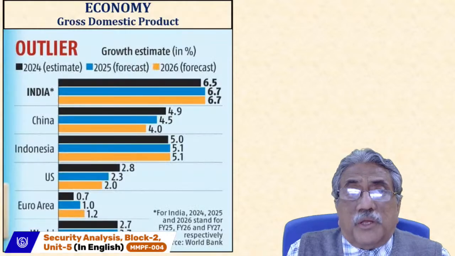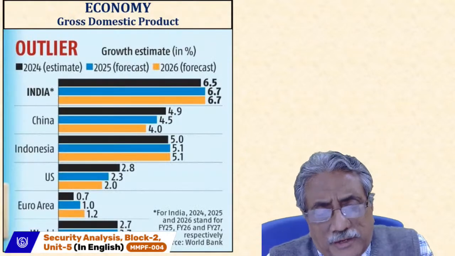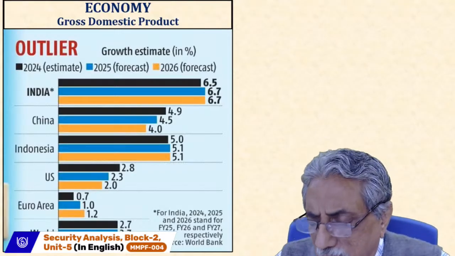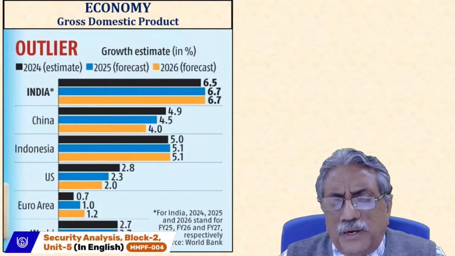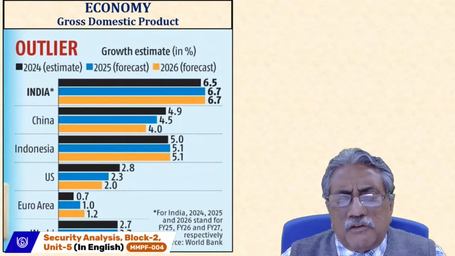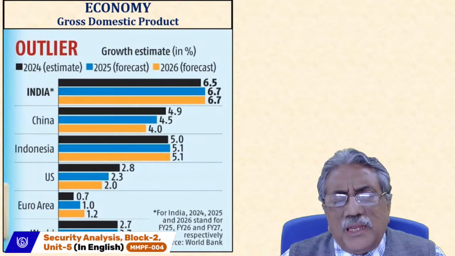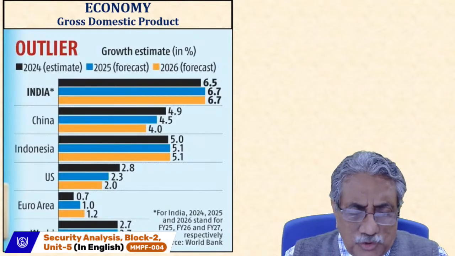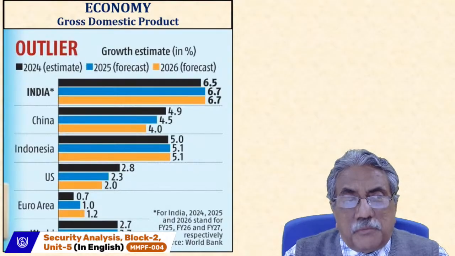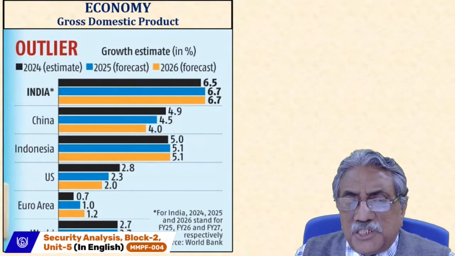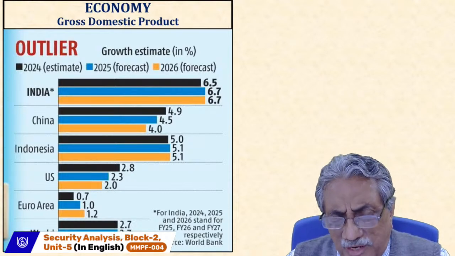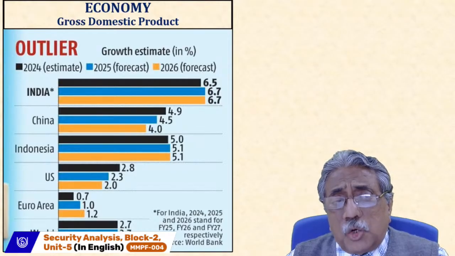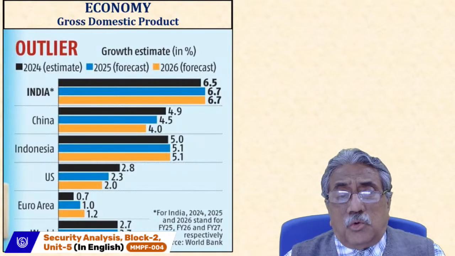Now let us look at the economy. Gross domestic product is nothing but your consumption, your government consumption, that is, how much government spending there is, and then how much investment there is in the economy, and then import minus export or export minus import. So this is your GDP, gross domestic product. I have not given the trend here, you can get it from anywhere, but I have shown in the global scenario how India is now doing well.